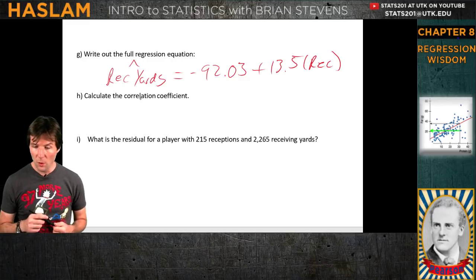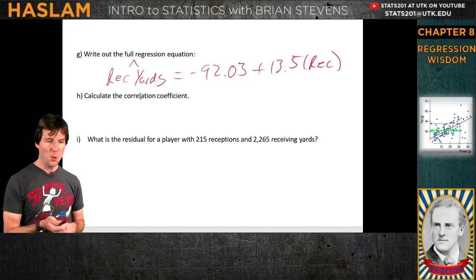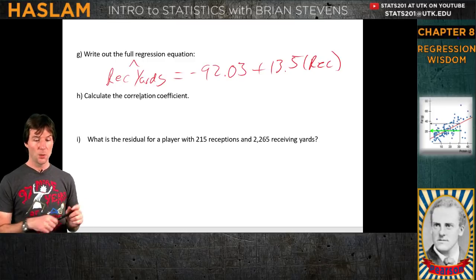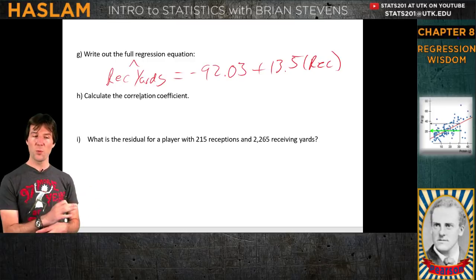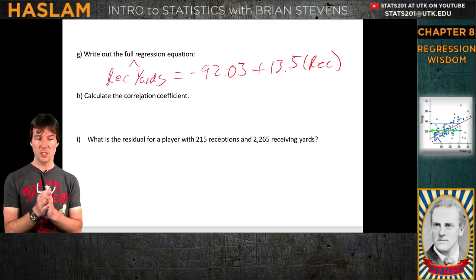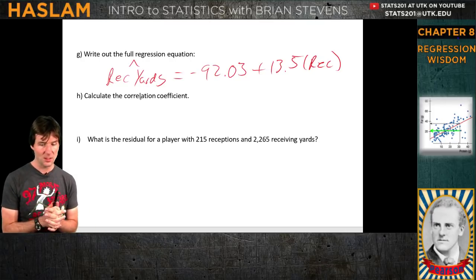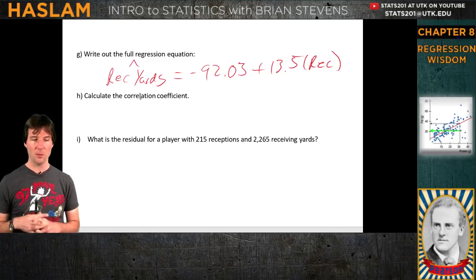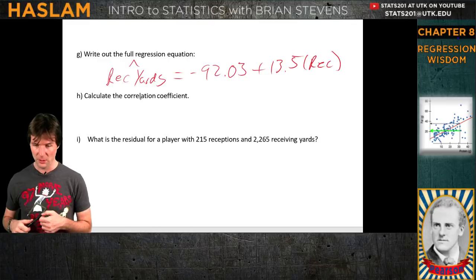Can we write y hat instead? I'd put it in context. Great question there, Nick. Put it in context with, like, receiving yards. You could write predicted receiving yards hat, which is the predicted value of receiving yards. Does that make sense? Put it in context. This one doesn't say do it in context of the problem, but put it in context. I like doing that right there.